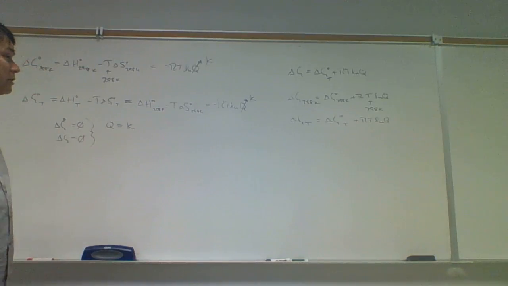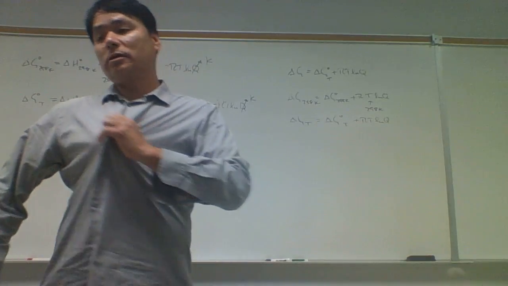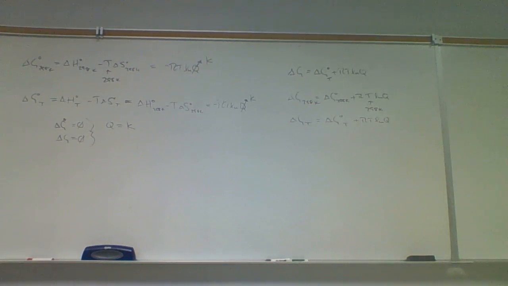And so looking at the strategies, one, we change the temperature, or we change Q. Q depends on two things. Q depends on the concentrations and pressures, so we can manipulate the concentrations and pressures to give us a desired delta G. This is only for reactions at equilibrium, right? And delta G naught equals minus RT ln Q, or is that always? No, I mean, that's for any reaction. That's just going to tell you when it reaches equilibrium, that's what's going to happen. It doesn't have to start off at equilibrium. It's going to tell you,